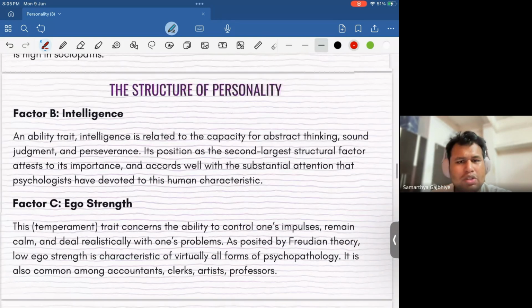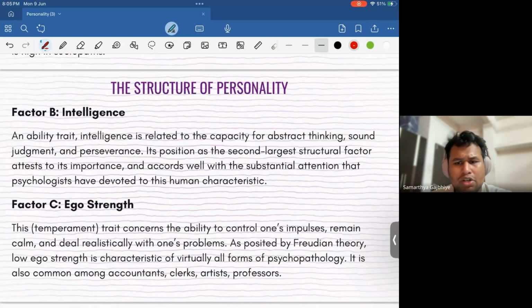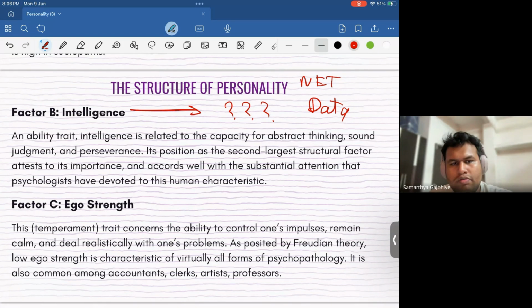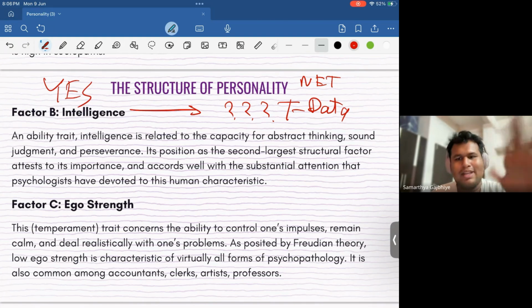ठीक है, ये चलो, ये फैक्टर में बताते हैं। फैक्टर बी वाज जस्ट इंटेलिजेंस, राइट? कैपेसिटी फॉर एब्स्ट्रैक्ट थिंकिंग मेजर्ड थ्रू। अच्छा मुझे बताओ, इंटेलिजेंस विल बी मेजर्ड थ्रू विच टाइप ऑफ डेटा? वेरी फेमस एमसीक्यू ऑफ नेट, which type of data did Cattell use to measure factor B intelligence? Yes, exactly. T data. सेल्फ रिपोर्ट थोड़ी करेंगे कि डू यू थिंक यू आर इंटेलिजेंट? यस आई एम इंटेलिजेंट, ग्रेट, हाई इंटेलिजेंस, ऐसे थोड़ी होगा। सो टेस्ट डेटा इज यूजुअली यूज्ड, आईक्यू टेस्ट यार।